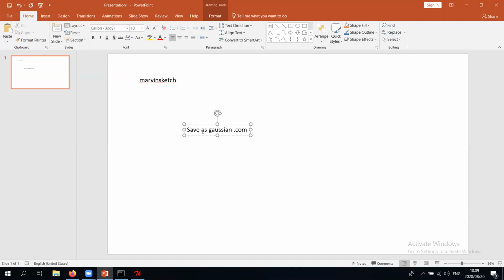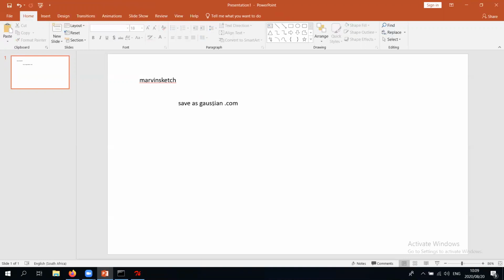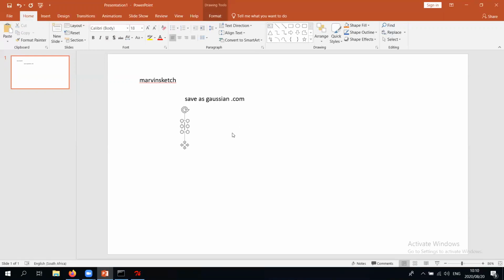Gaussian.com file. If we saved it as a Gaussian.com file, that gives us one way of working things. Another way we worked with is if we saved it as XYZ, for example, that gives us another way of working with things. So from Marvin sketch, we could go either one of those 2 ways. Of course, if we saved it as a conf file, we needed to do a little bit of extra work. We needed to go to Notepad, okay, we needed to use Notepad++